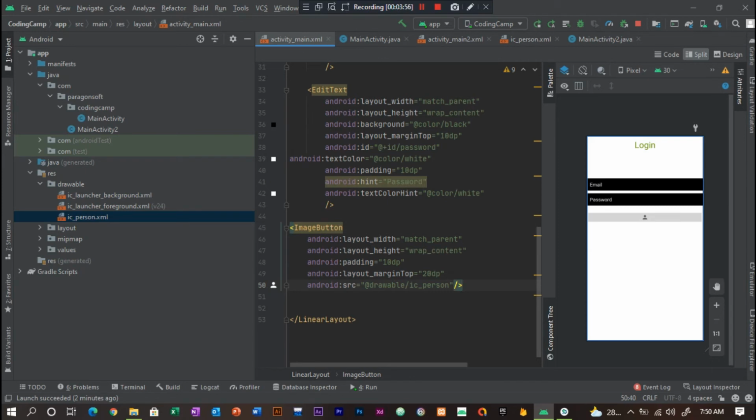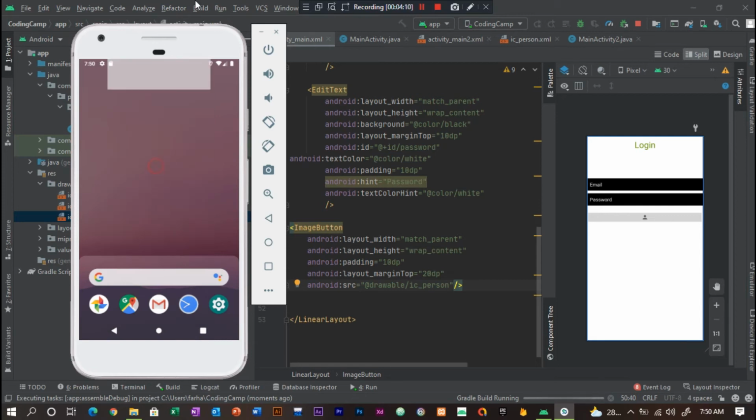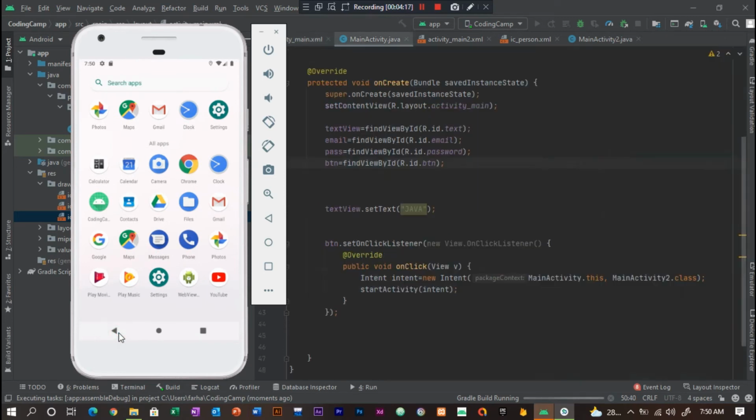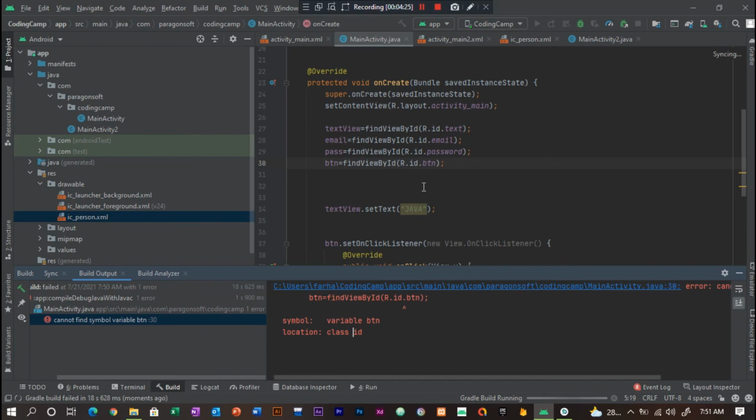So we will simply run our app and see whether the changes apply or not. Close the app first. There is an error, cannot find symbol button.